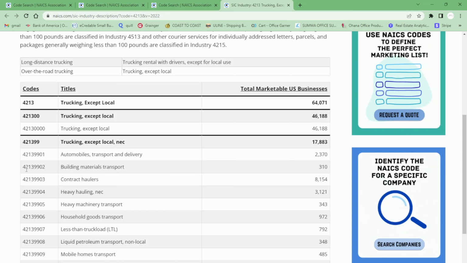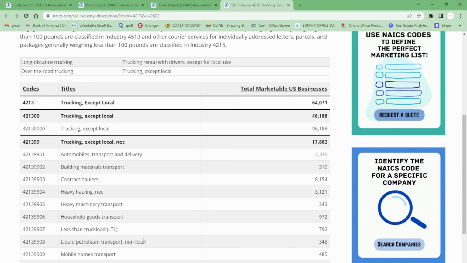Anyway, right here's the code 421399902, building materials. And then you can also drop down here and look at this. Okay, I want to move building materials, but I also want to move household goods. Maybe you want to become a moving company. You can add this code to your business,